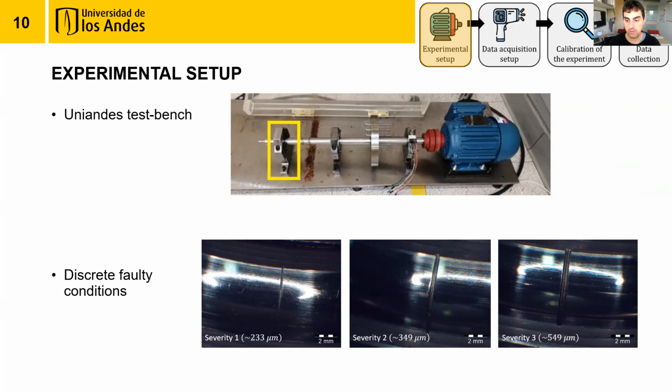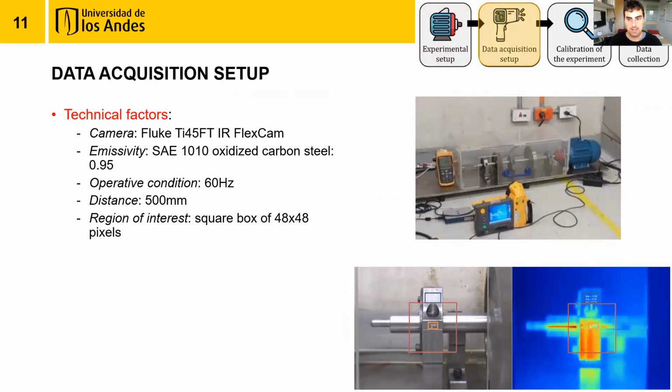A notch was seated on each bearing for the definition of three severity levels. So we will experiment with a healthy bearing and three severities of failure. The factors that affect the accuracy of infrared measurement can be